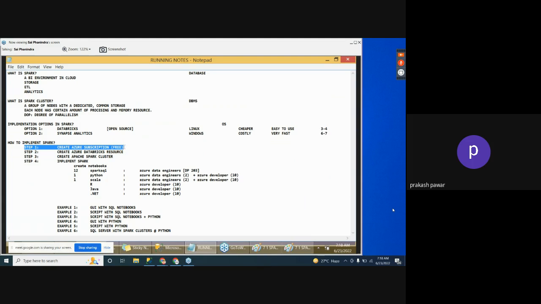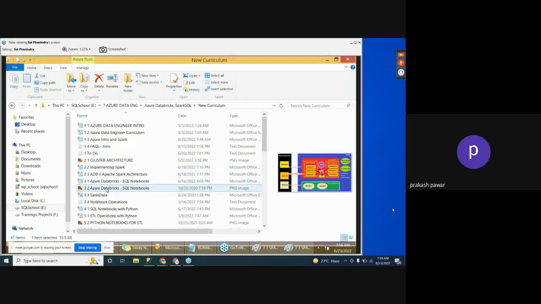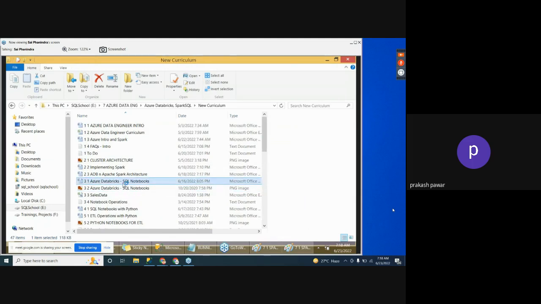As a data engineer, our main responsibility is backend activities: storage, ETL, analytics. I'll mail you these notes. So to make sure we understand the items carefully, right from so-called SQL notebooks,